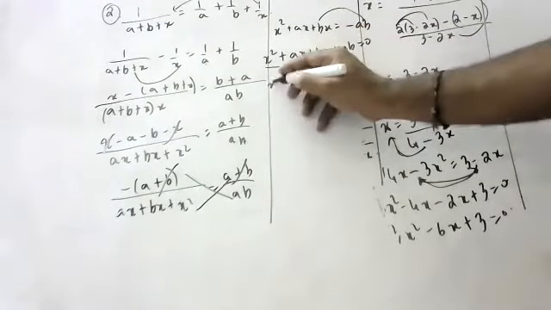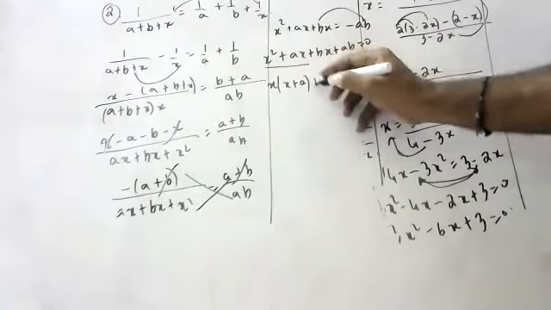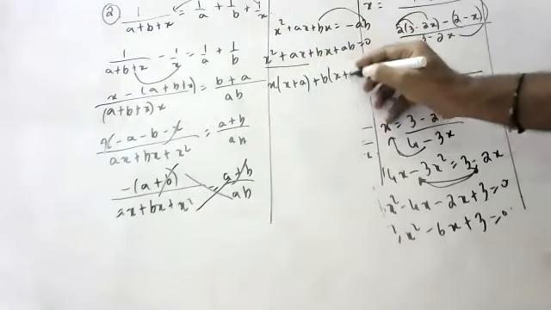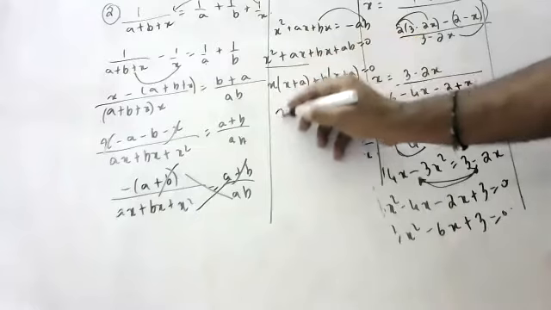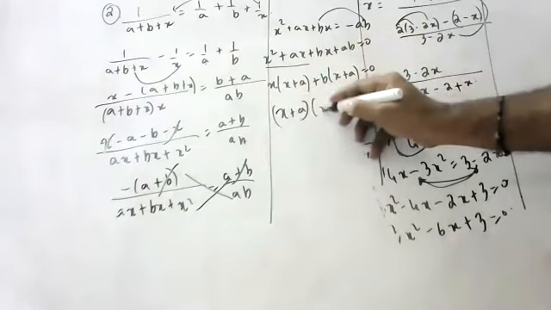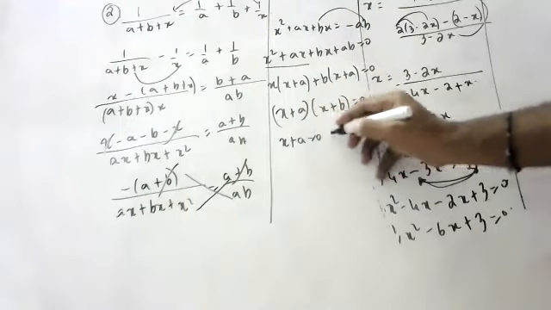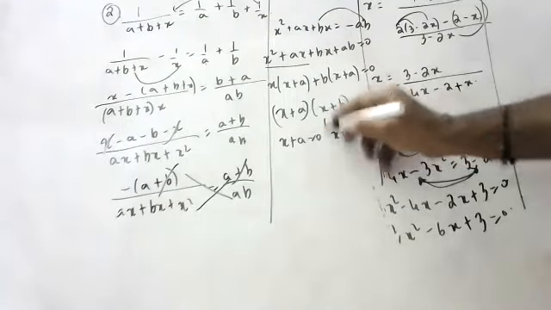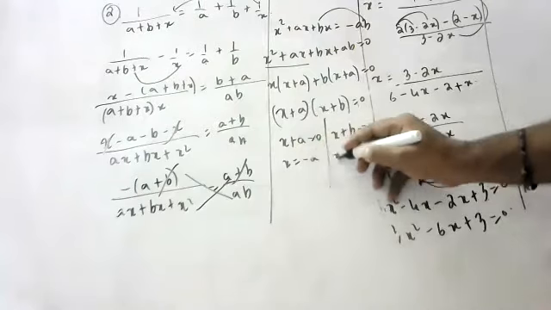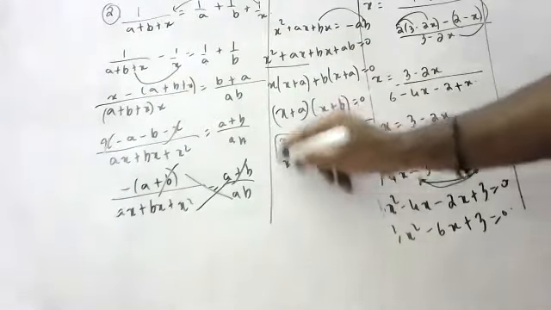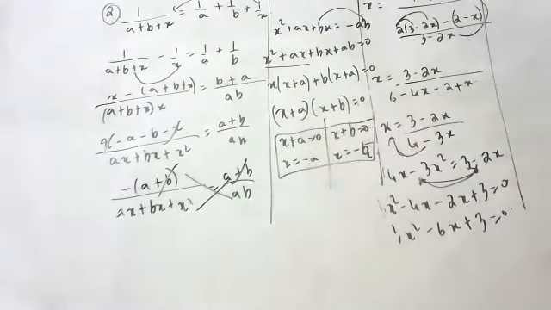Okay, in this both x is common, x plus a. In this both b is common, x plus a is equal to 0. x plus a is common in both of them. x plus b is common in both of them. x plus a is equal to 0. x plus b is also equal to 0. x is equal to minus a. x is equal to minus b. Like this here. Let's keep copying, children. Don't waste time. Very, very important things these are.